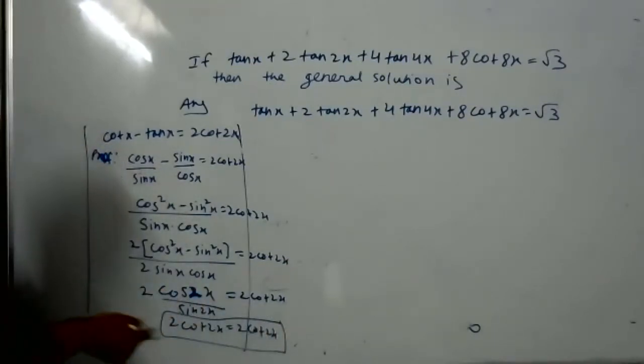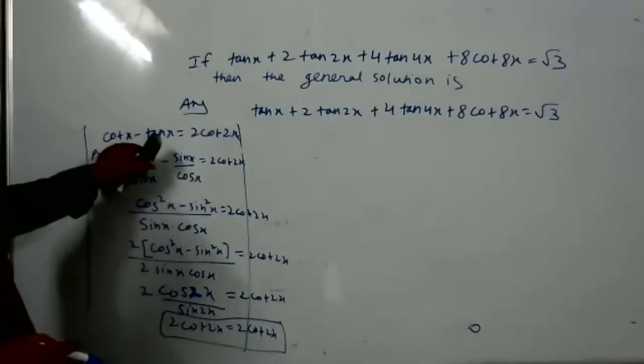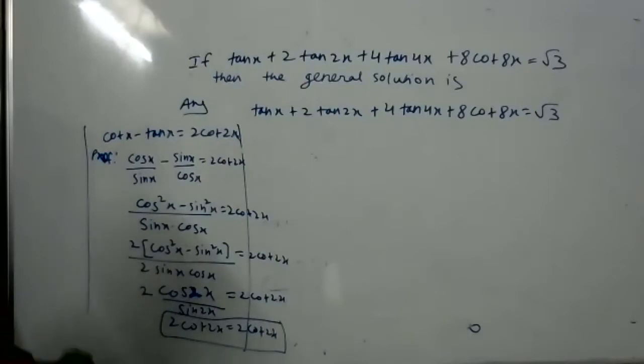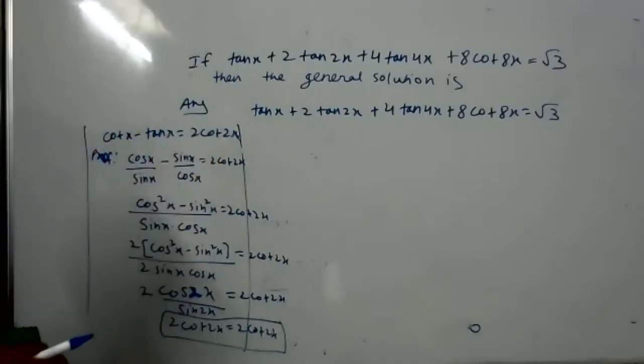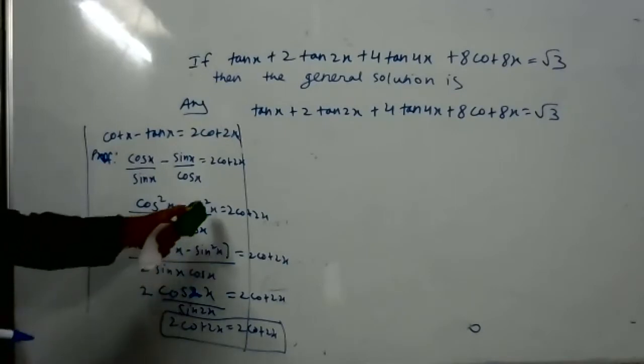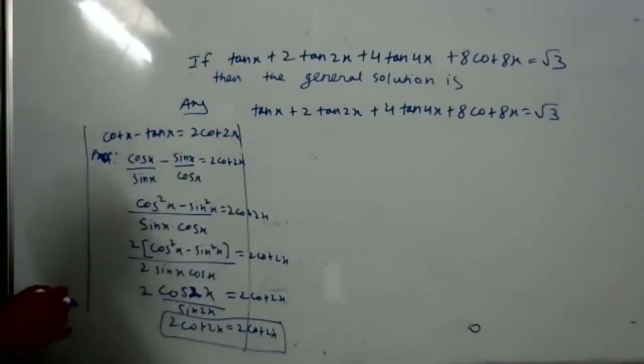So I may not have given you. Copy down this formula. At least you can remember this formula, because they will not ask the proof and all. Cot x minus tan x is equal to 2 cot 2x. In some sums we can use this formula. Like here we have to use. Copy down the left hand side. This is trigonometry only, the trigonometric functions and identities.